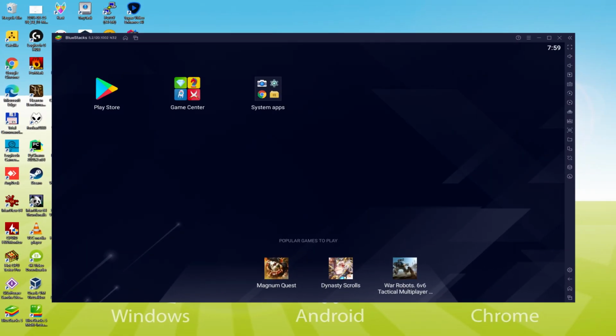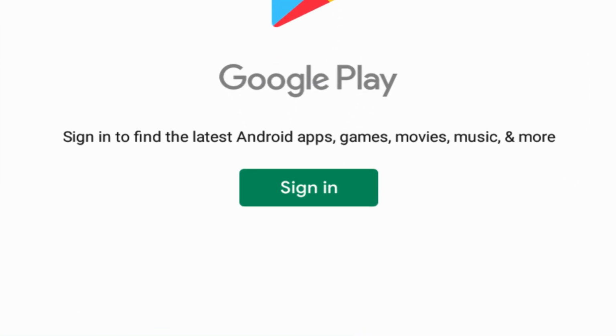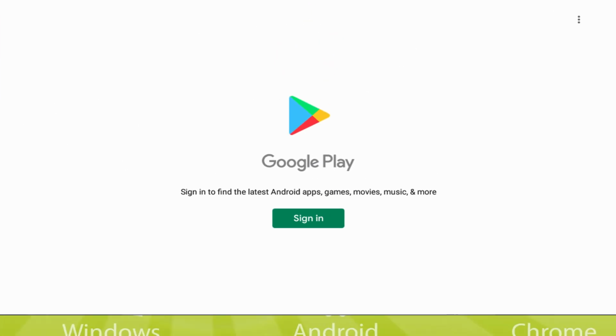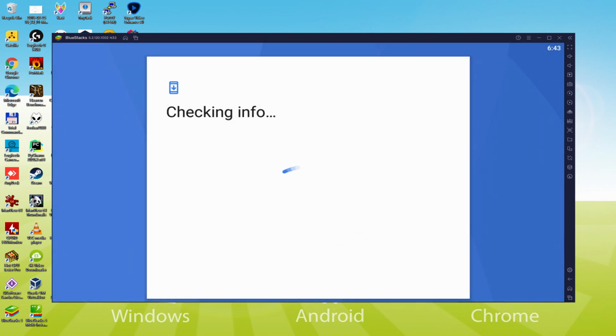We should make the following step, which is actually a must, and that is to begin browsing the Google Play Store. And we are going to mouse click on Play Store. As you will notice, the Google Play is presented. Right here we are required to sign in. Right now, the moment we are on this page, we must do the next step that is compulsory. So we mouse click on Sign In. At this point it announces Checking Info.